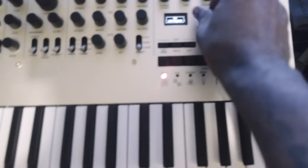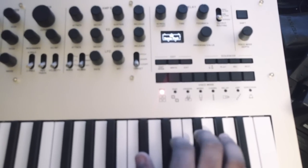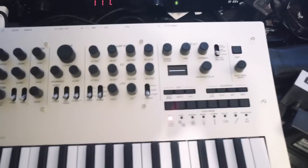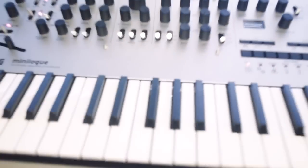I mean, it's great. You got tons of presets. I built some, you know, I made that sound and saved it. But yeah, it's great. The thing about analog synthesizers versus digital synthesizers is, you don't need one of